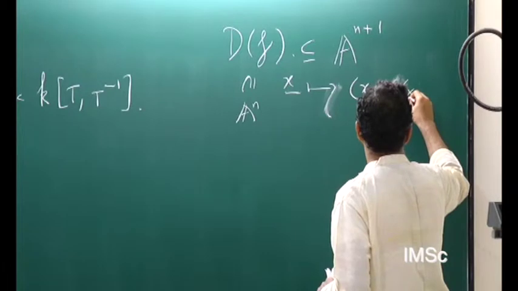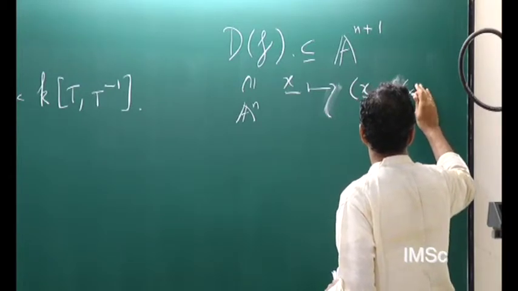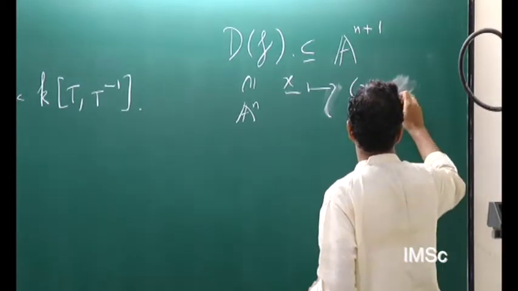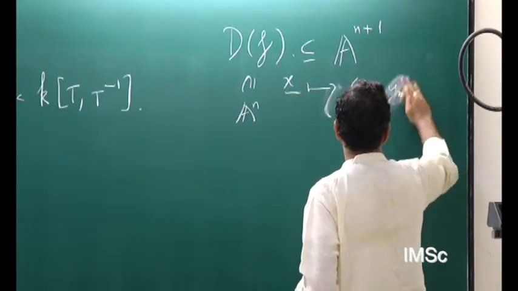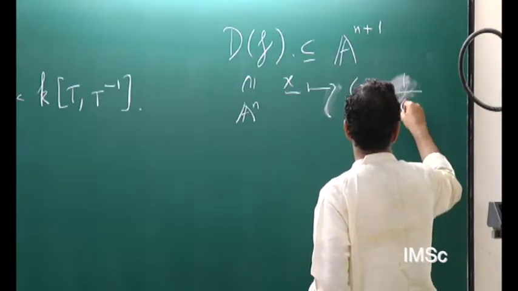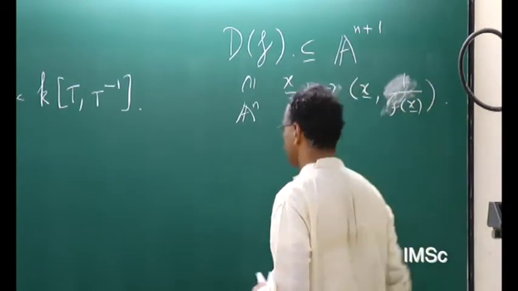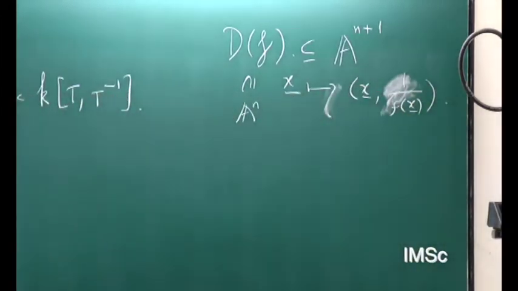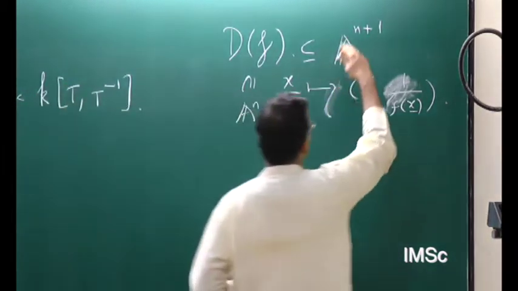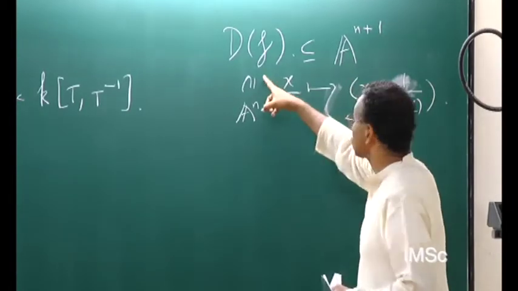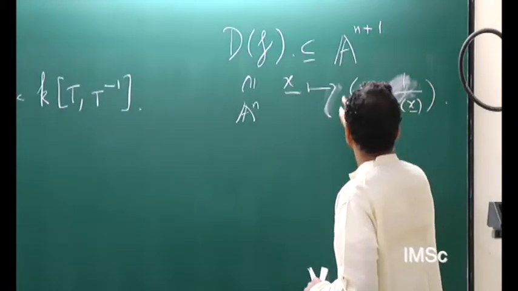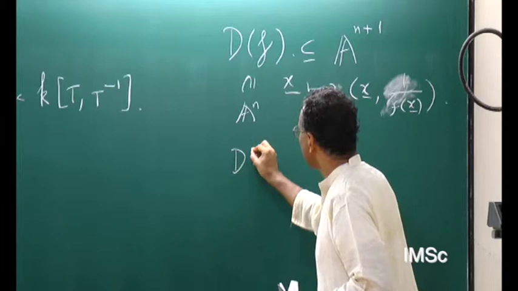Let's see, let me put that. Okay, and what is the variety I'm thinking of here? So I claim Df gets identified with